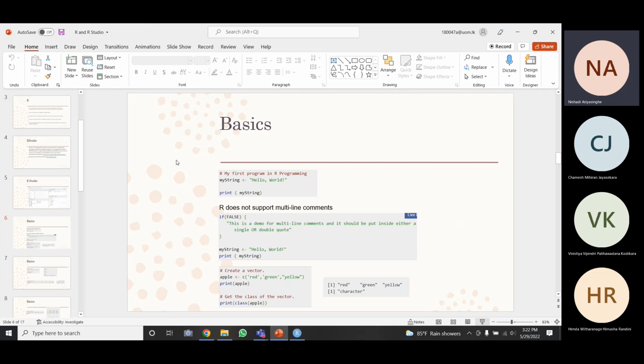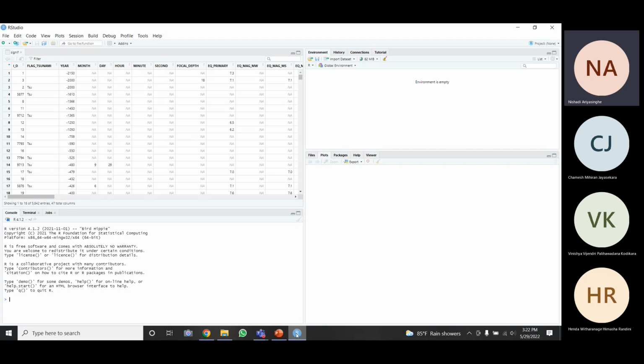So I'll show you. I'm typing it in my console. myString is the variable that I am creating, and this is the less than mark, and the hyphen is used to create this arrow sign.